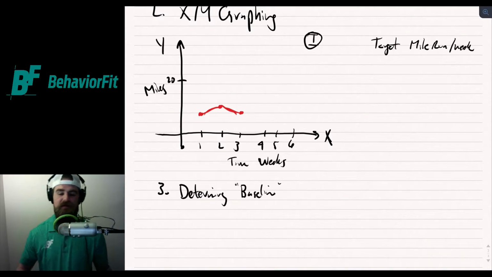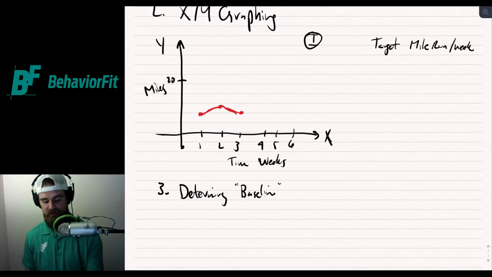So sometimes in research terms, we think about baseline as nothing's really happened, but this is the real world here. This is kind of your working baseline. You're going to have a long history of working out and running or exercising and engaging in some fitness program. That's just what it is. So in this case, if we look at this graph, we'll say the average here is about 10 miles per week. That's going to be your baseline here.